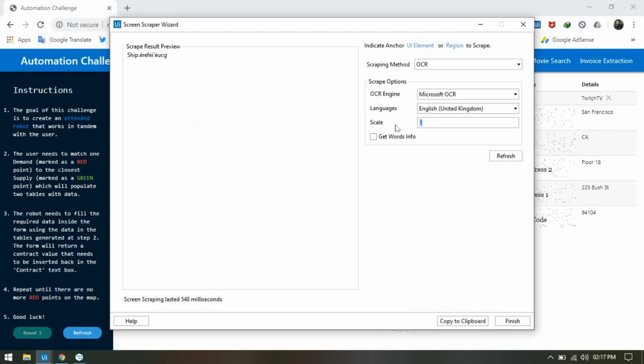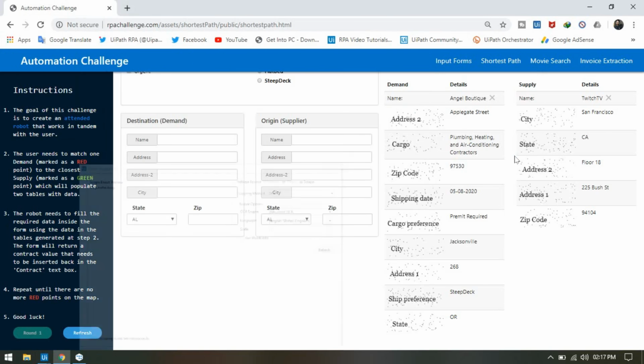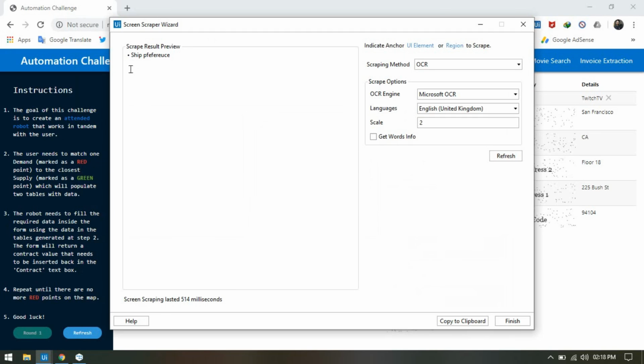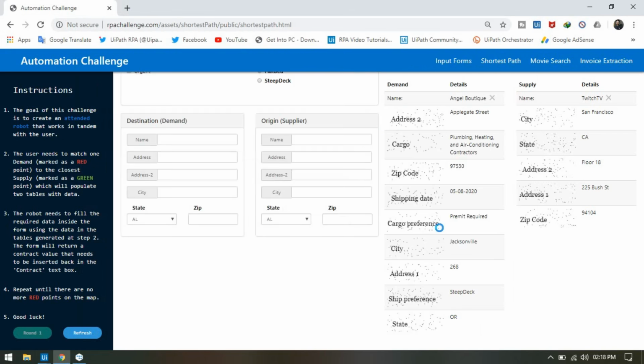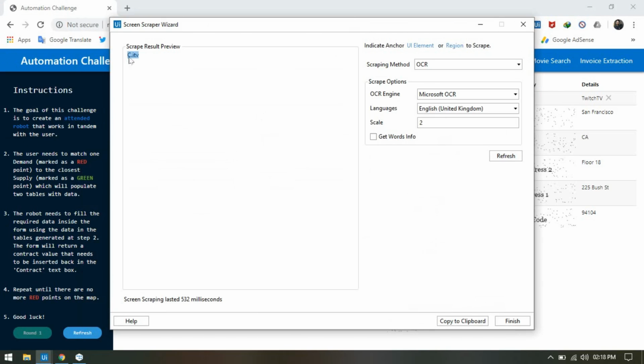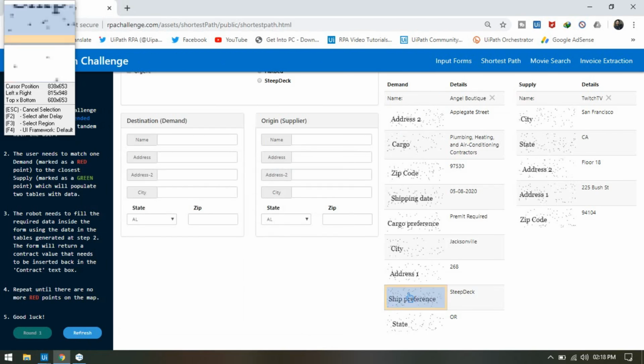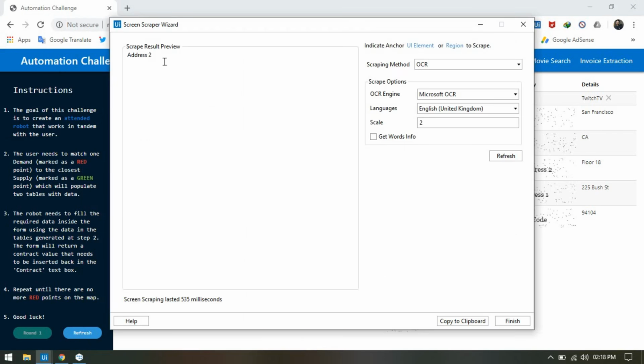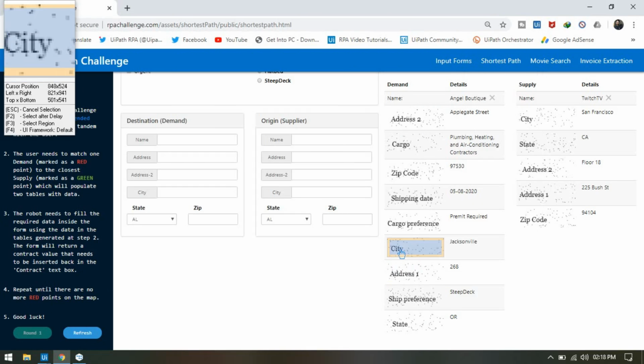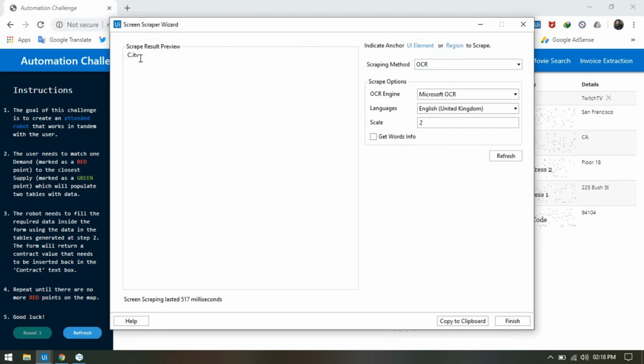So for that I was trying to increase this scale, and you can see now I'm getting somewhat correct data. And if I'm checking for the city here, I am getting this type of data. Now again I am checking for this address 2, I am getting it correct. But to capture this city here, you can see I am getting CIT something different, right?